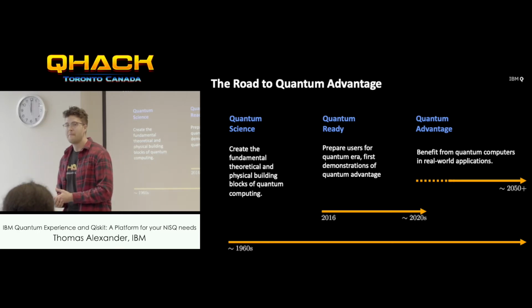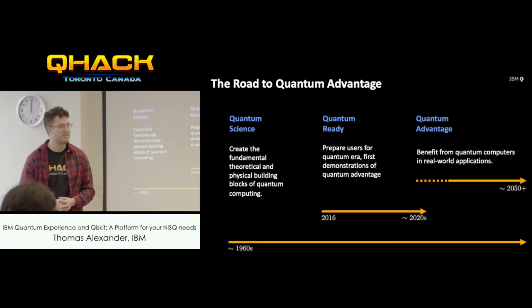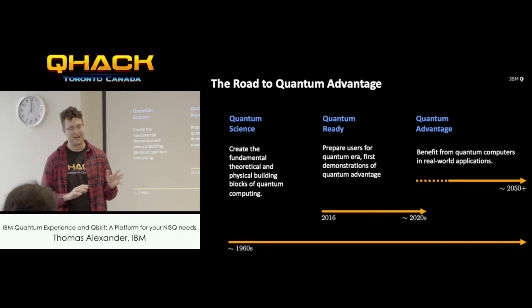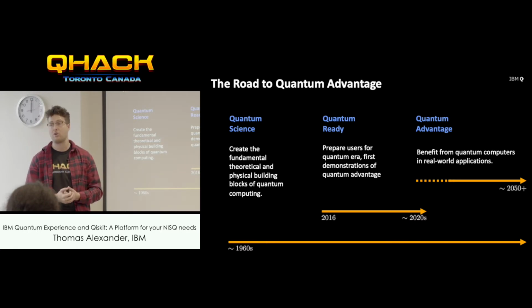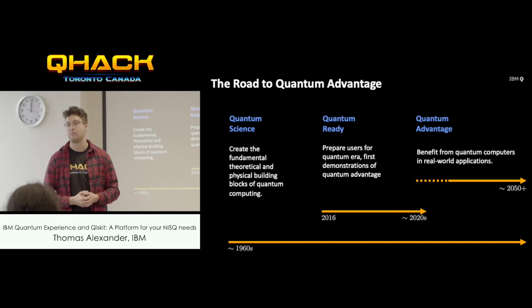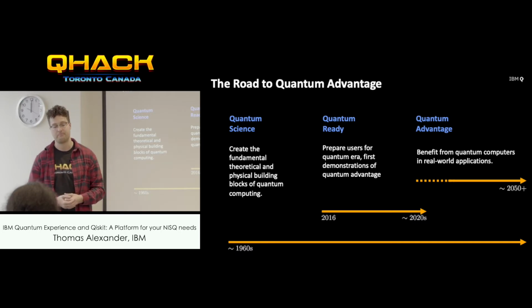So of course, Gavin mentioned we've had this Google supremacy work, which I think is a really great work. And there might have been a bit of a disagreement between IBM and Google, but I don't get into any of that. We prefer the term advantage, which we want to actually show usable advantage over some classical problem. So that's what we're really trying to do.